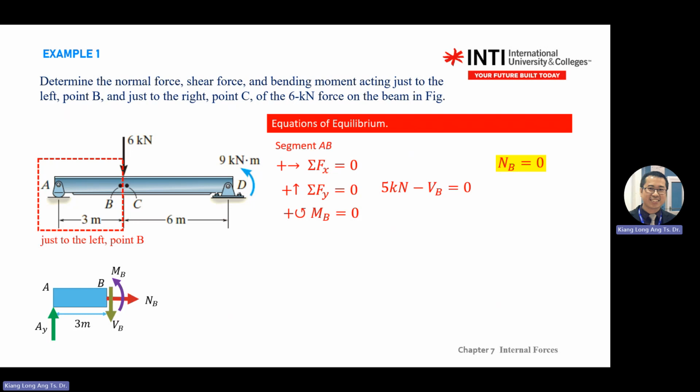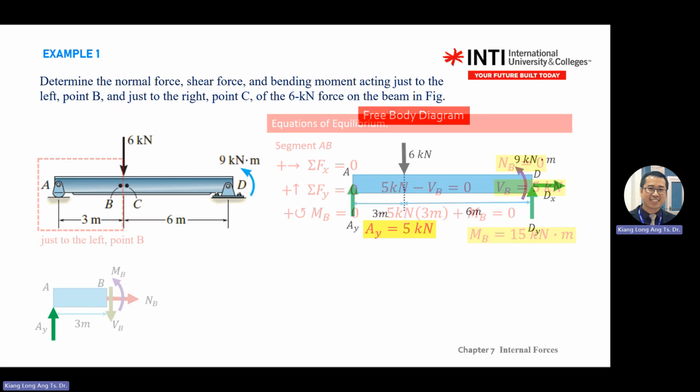Then write the equation. So NB, no x direction, 0. In Y, you have AY, VB. You already find your AY, substitute there, you find your VB. Moment, we do at B. Then you can find your MB. Okay. So once you solve this one,